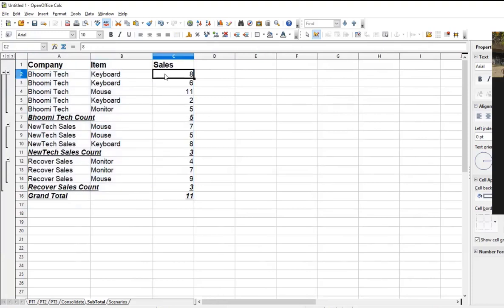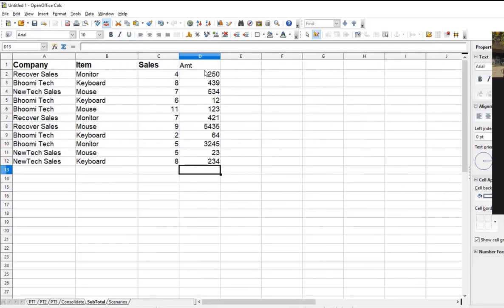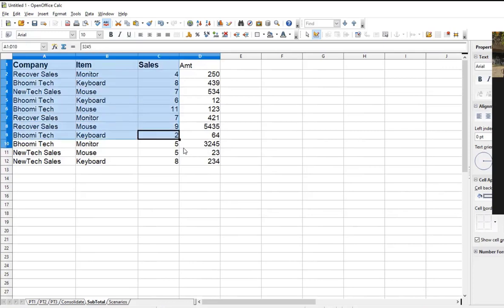Keyboard sold once, twice, and then mouse once, keyboard third time, monitor 1 time. How many times have the sales been done? 5 times by Bhumi Tech sales. Okay. New Tech has sold 3 times. Recover has sold 3 times. In total, all these shops have sold 11 times. Fine. Then you're going to take the entire thing